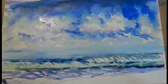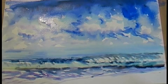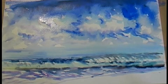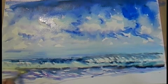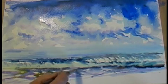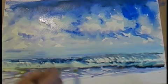Got our white areas now. I start to need some more yellow ochre colour, which I seem to have here, so let's see if we can get that working. A bit more yellow going on into the water there. A bit messy, but it'll be alright. And down here,